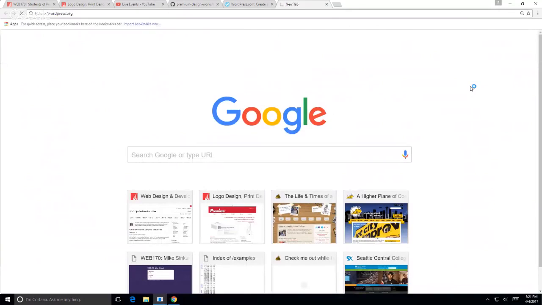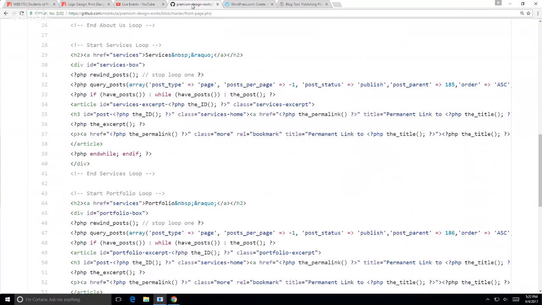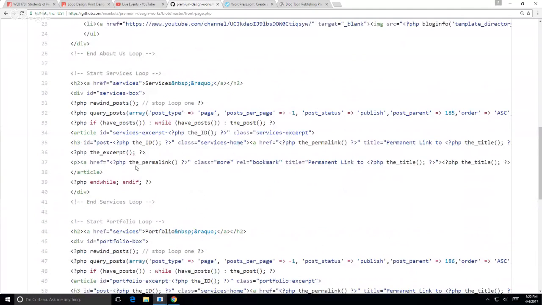you go to WordPress.org and actually download WordPress and set it up on your own server, install your own database, right? And then custom build your own theme from scratch that does what you want it to do, like I want to show those pieces that link to my services page, right? So I can, instead of on the home page, hand coding each one of those,